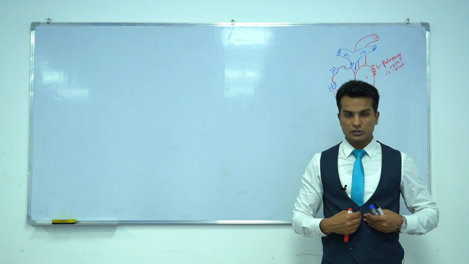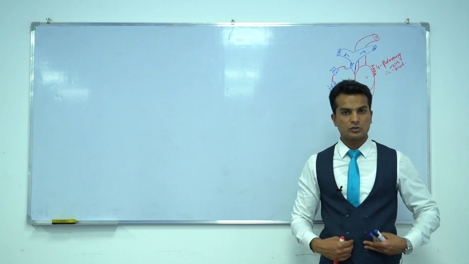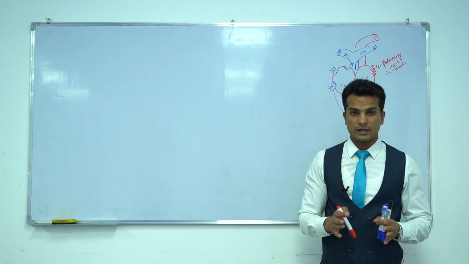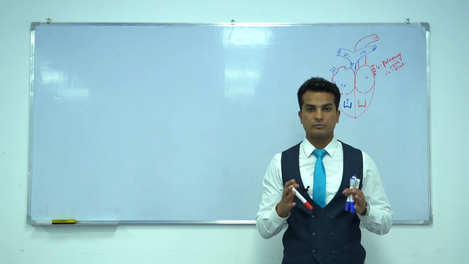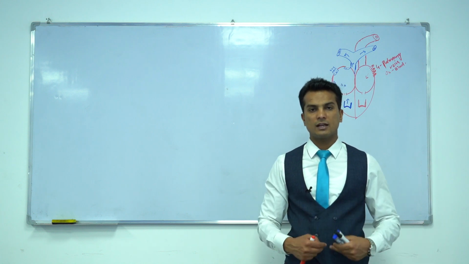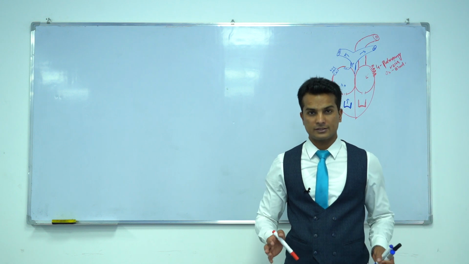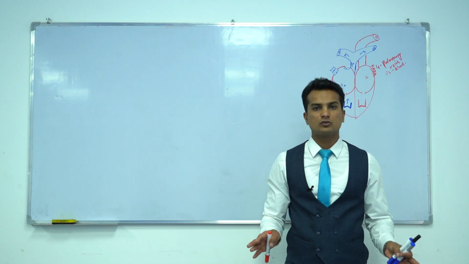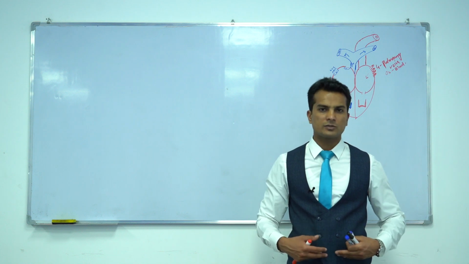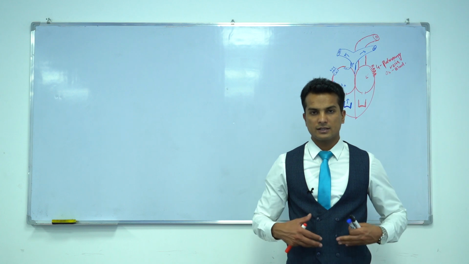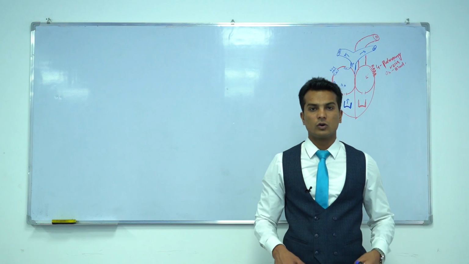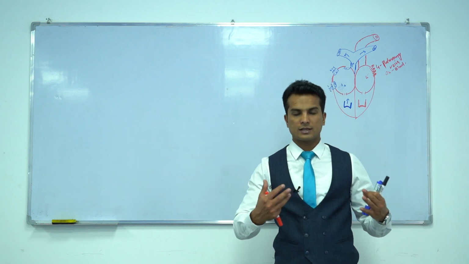Then it enters the diaphragm through the aortic opening into the abdomen, which is called the abdominal aorta, and the abdominal aorta gives important arteries which supply your foregut, midgut, and hindgut. Then the abdominal aorta at the level of L4 bifurcates into the iliac arteries. The iliac arteries divide into external and internal iliac arteries. The internal iliac arteries supply the pelvic organs, and the external iliac artery goes down and supplies your lower limb. So this is a whole sketch of the blood supply.